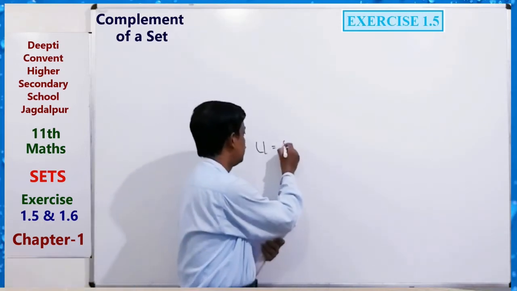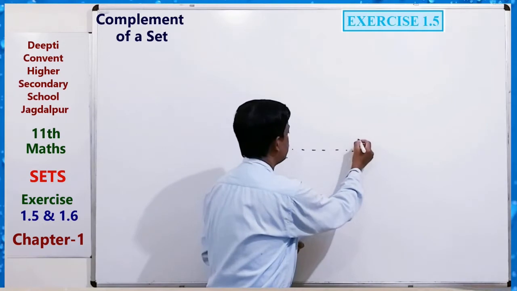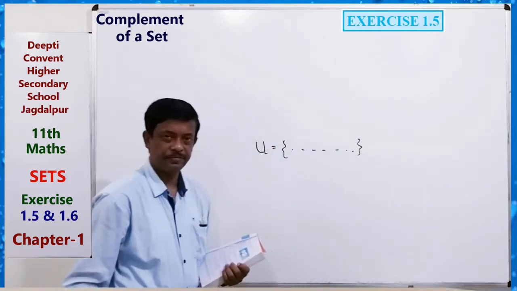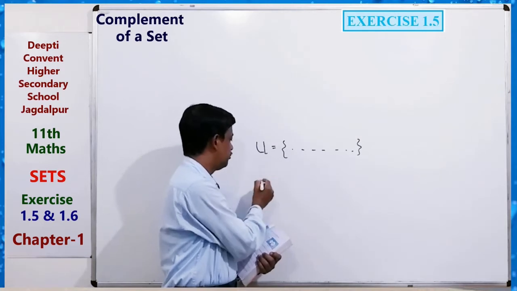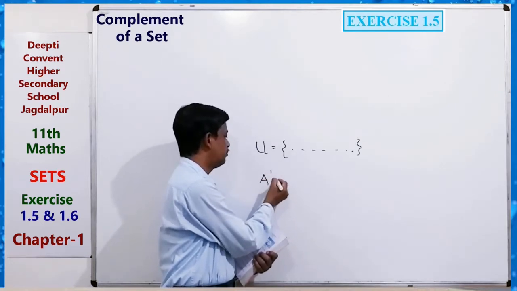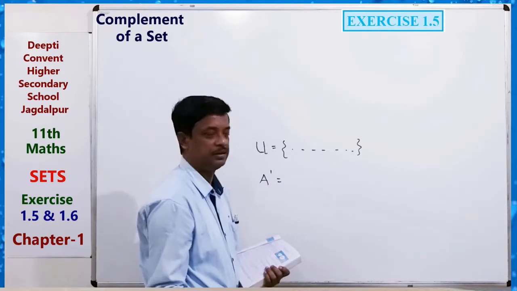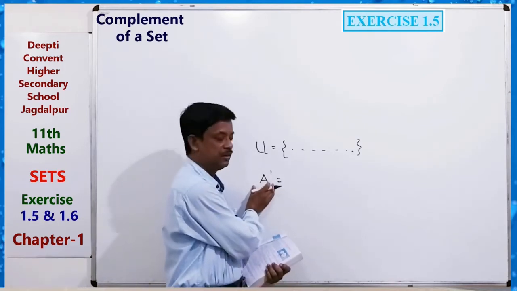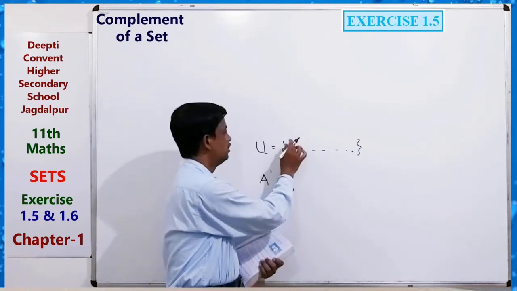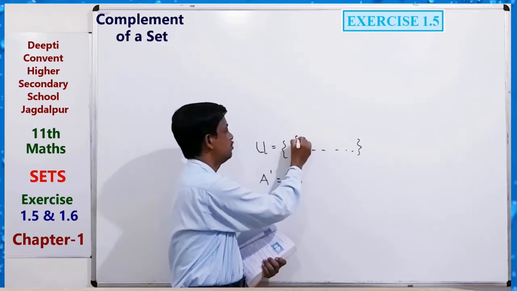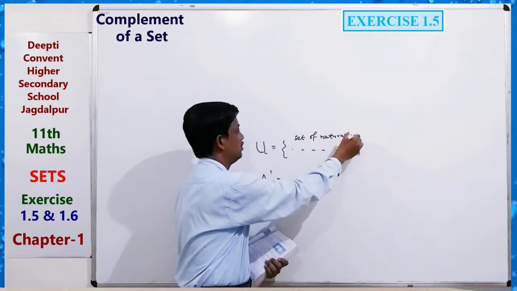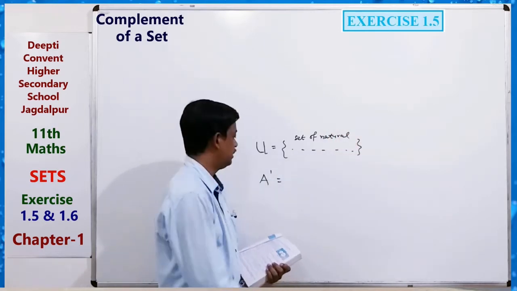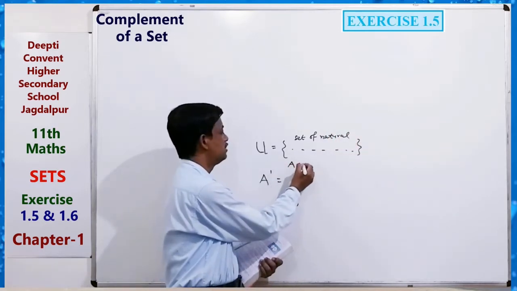First of all, identify the elements of the universal set, and then for a particular set we can find the complement of the set. Suppose the universal set is the set of natural numbers. Then if A is